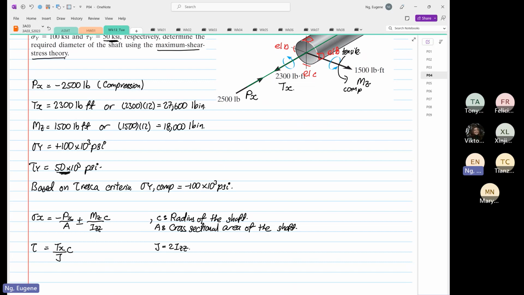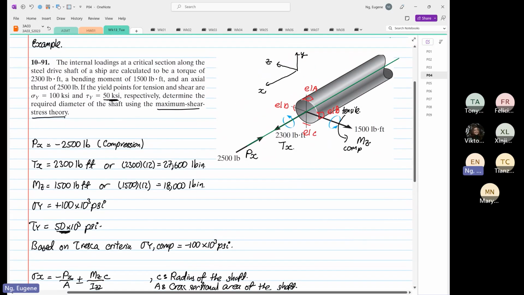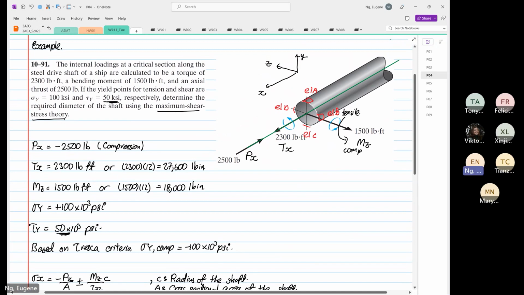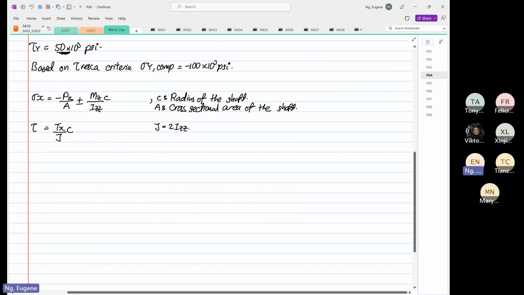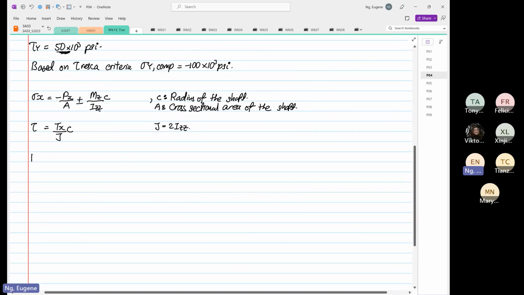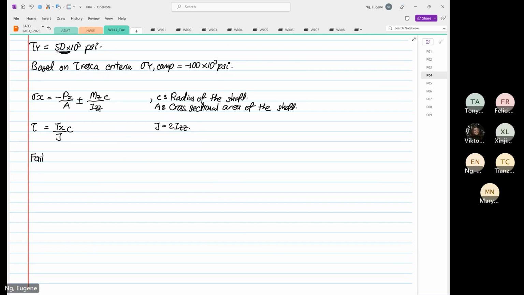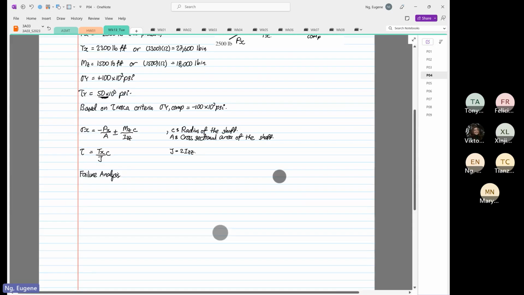The thing is, which element will observe the highest stress? Element A, element B, element C, or element D. And this is where we go to do failure analysis now. A very innocent question like this, but there are a lot of steps that you